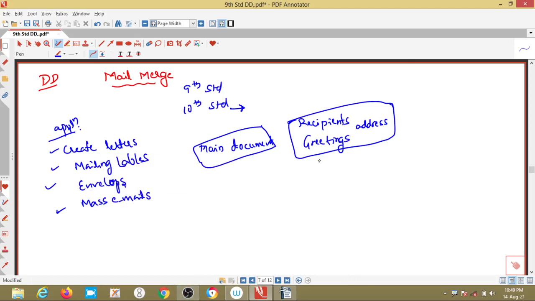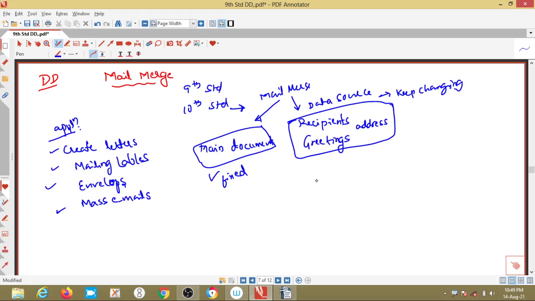So what does mail merge contain? Mail merge has a main document and a data source. The main document is fixed, and only the data source keeps changing.